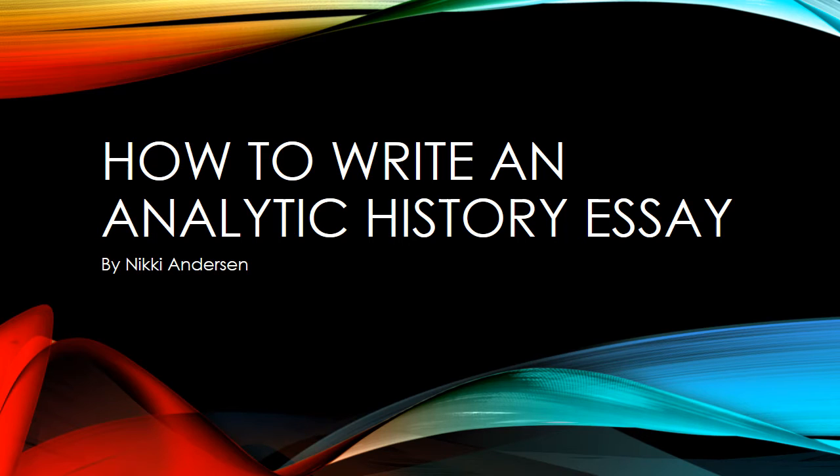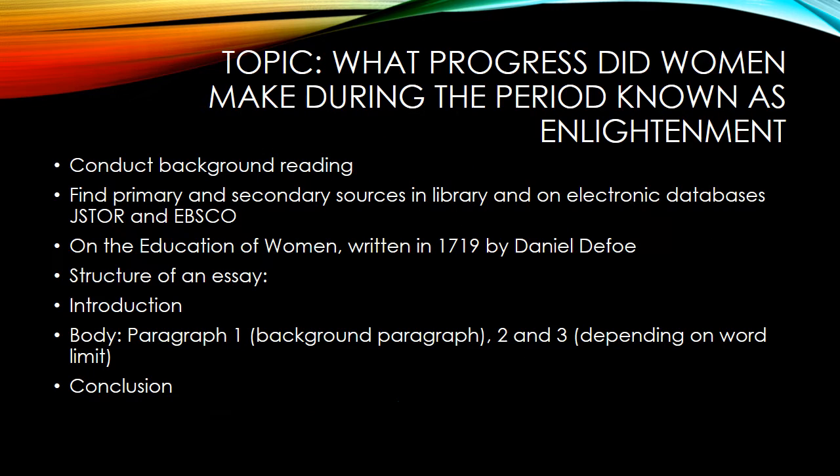Hi everyone, today we're going to look at the structure of an analytical essay with the incorporation of primary and secondary source interpretation. We'll be investigating the topic, what progress did women make in Europe during the period known as Enlightenment? And we'll be using a primary source we have collected from the library or the library's electronic databases, JSTOR